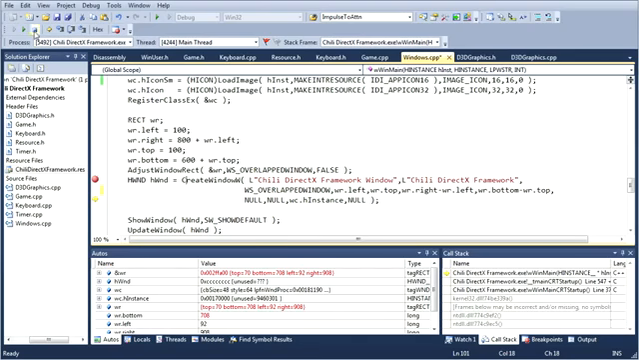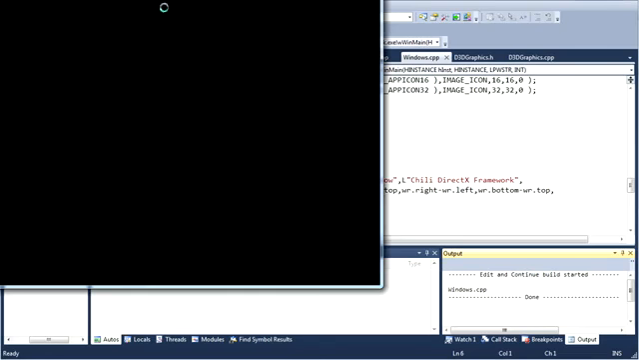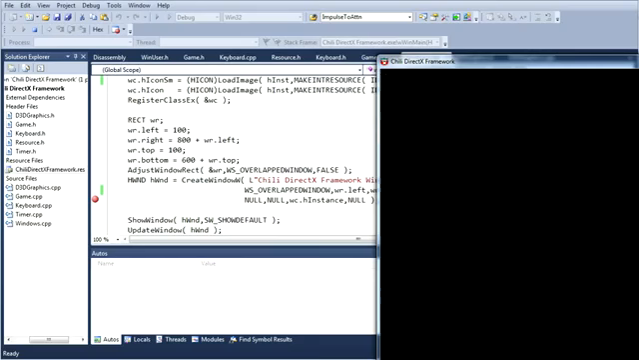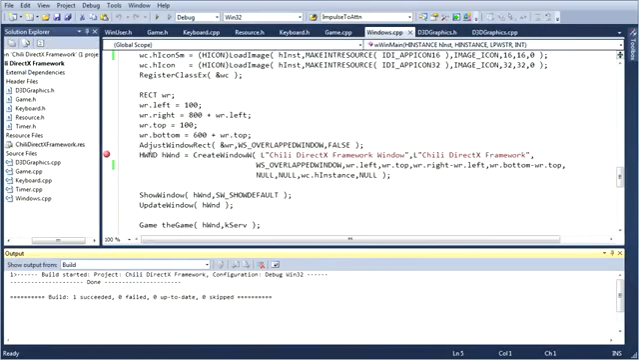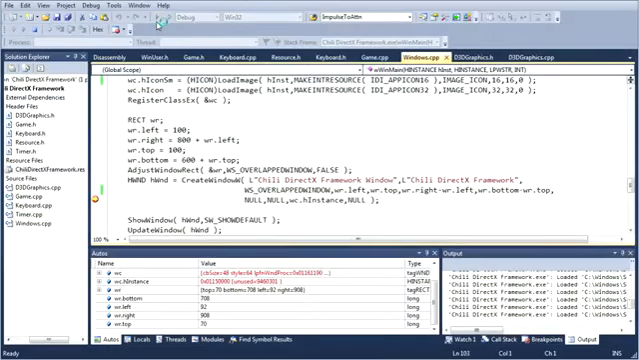So if I put a breakpoint here and run this... wait. I said a breakpoint. Why isn't it breaking? Now I'm annoyed. You're supposed to break here. There we go, we broke. I guess I must have clicked the wrong button. So if I step over this,